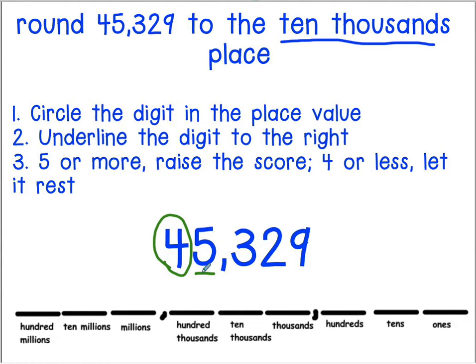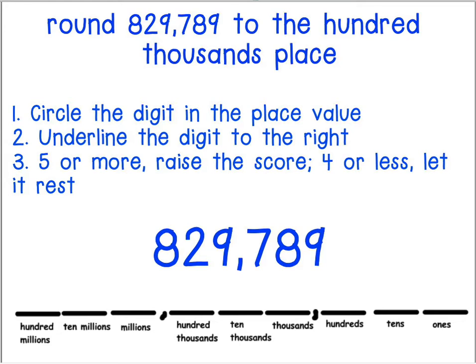Our boss is a 5, which means it falls into the 5 or more. That means that our 4 gets to get bigger. So our 4 turns into a 5, and then everything else turns into zeros because everything to the right always turns into zeros when we round. Next, we have